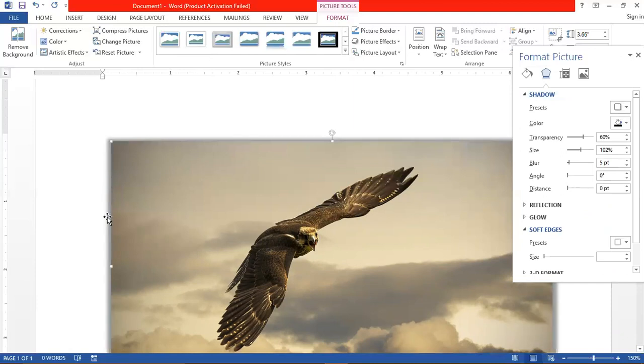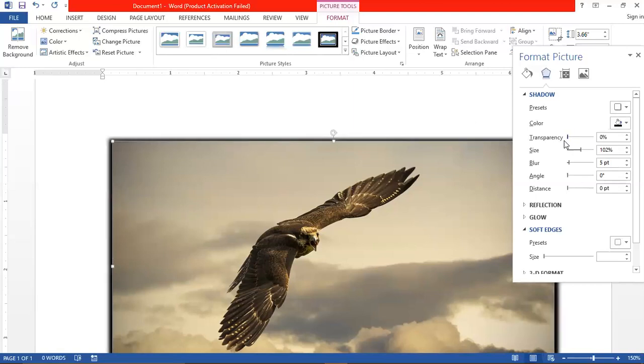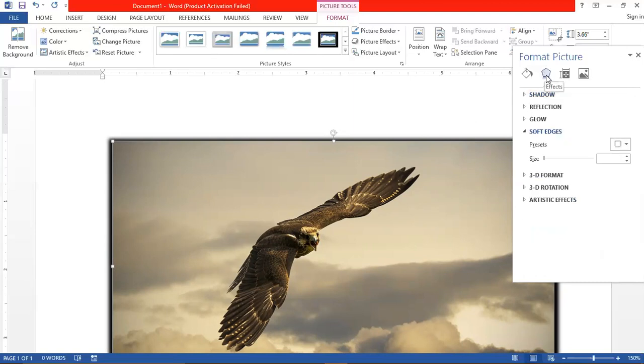The picture is casting a shadow behind itself. You can change the transparency as much as you want to make the shadow darker or lighter. So the second option in Format Picture was the picture effects.